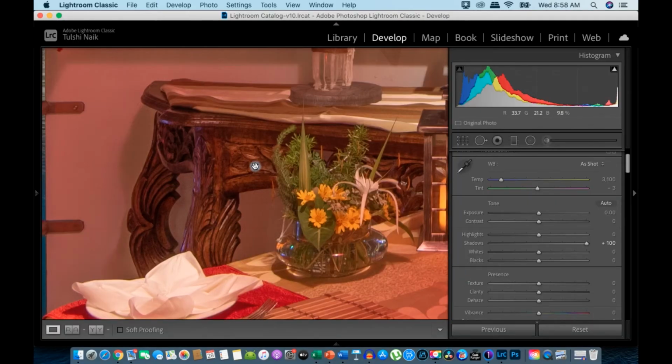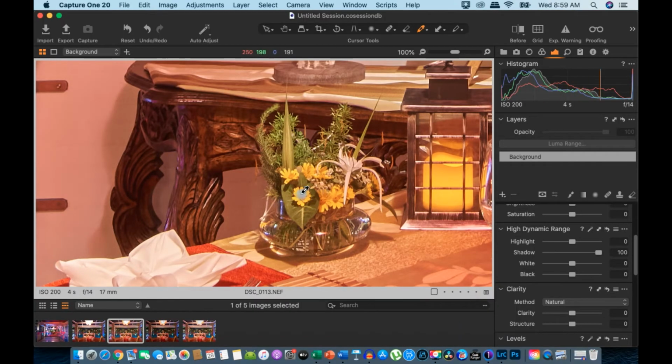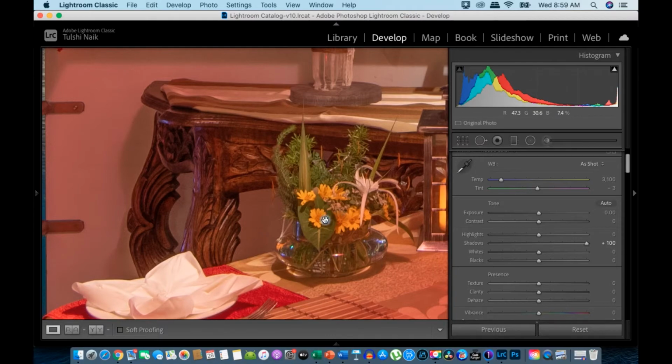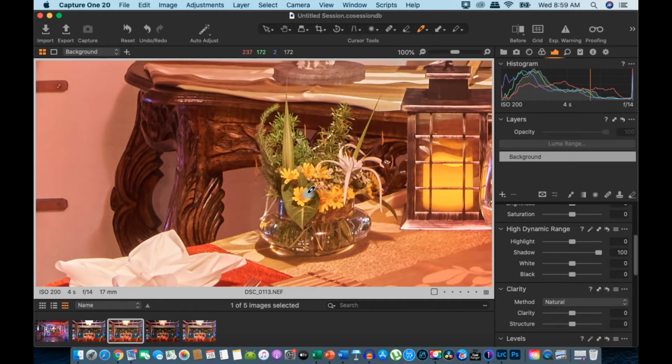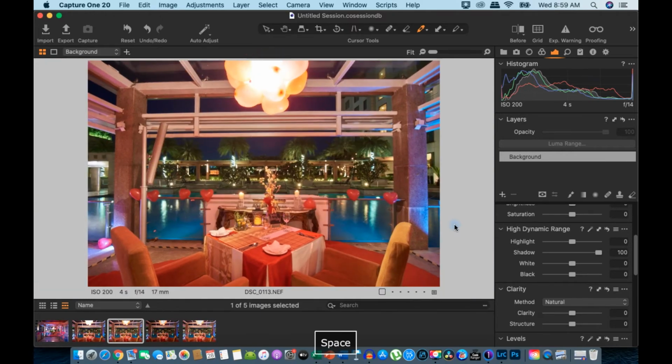But however, in Lightroom it is very red color casty, and then this area is very flat, there is no contrast. Let's see once again. Look at the yellow in Capture One and look at the yellow in Lightroom, and keep in mind this is exactly the same image, just processed in two different raw processors, and they are both behaving differently with various sliders.